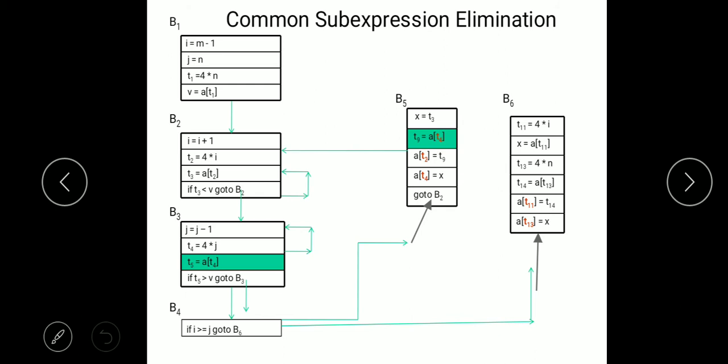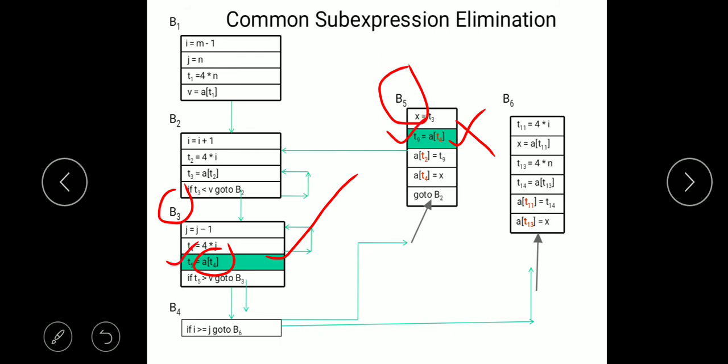Now again, A of T4 is a common sub expression in B5, because it is already being computed in B3. So we can eliminate this statement, and for all references of T9 we will use T5, because T5 is computing A of T4.